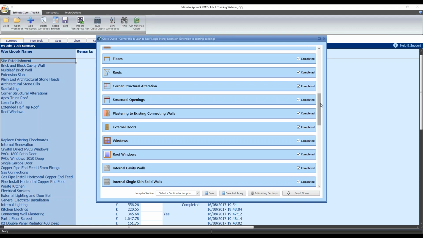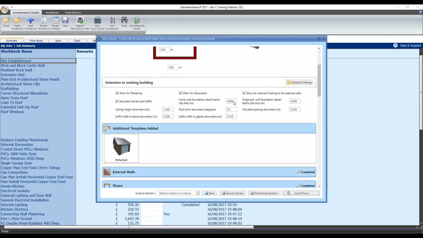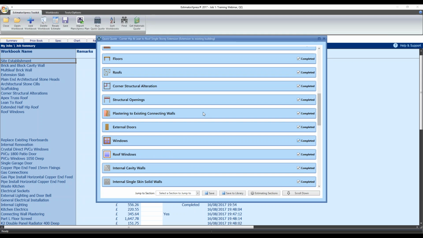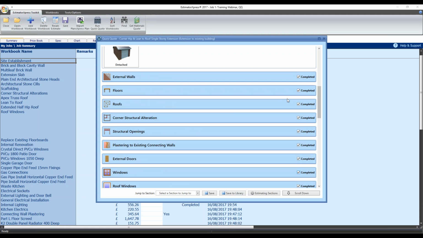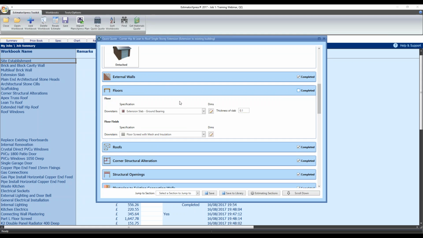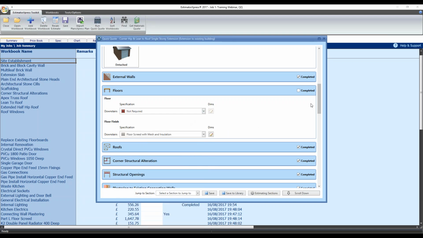Next question. On foundation, can I fit a passive foundation raft? Well, when you select the template, it is going to come in with the default footings and foundations, and also the slab there as well. So if I go to the floors drop down, what I can do is swap from an extension slab to, say, house slab, in block floor, uninsulated timber floors. Like I say, that is not required. Okay, and then what I can do